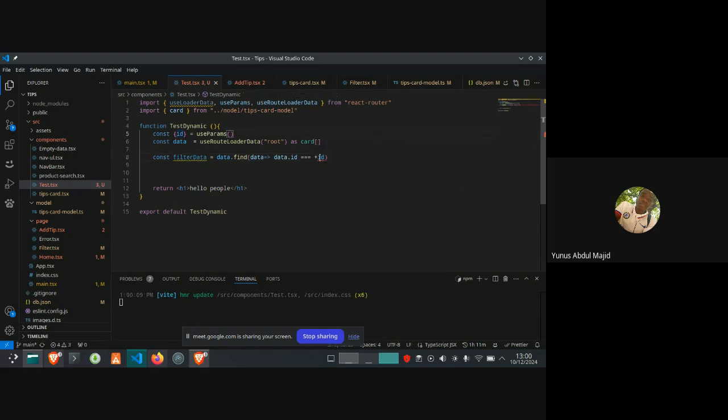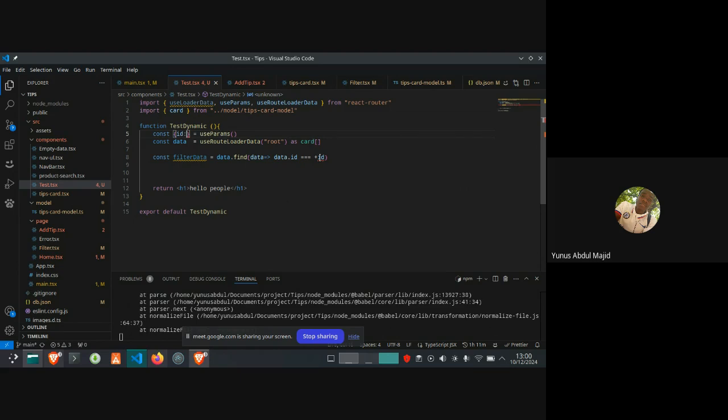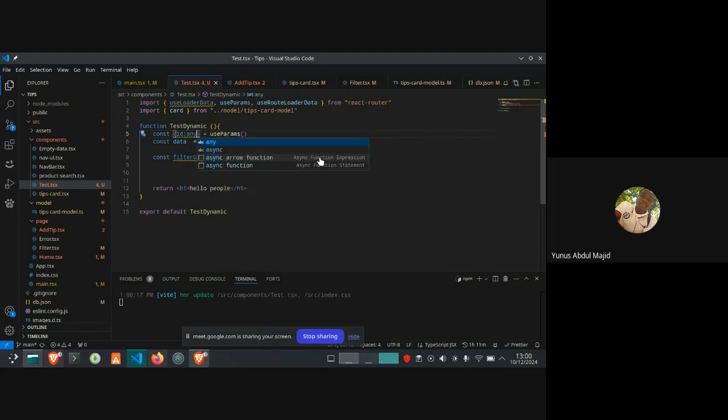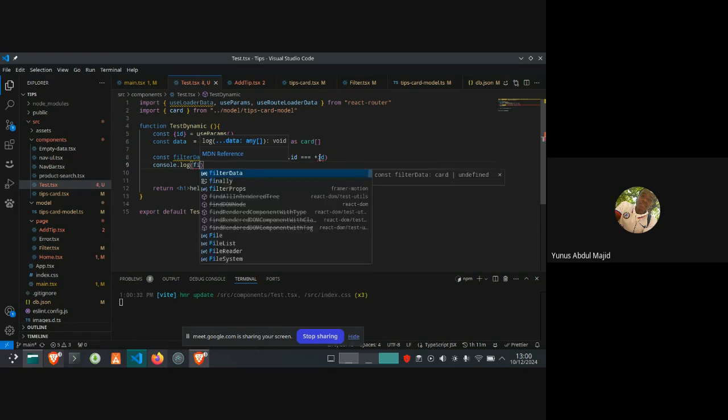So let me just set the type as any. Let's just ignore it for now. Let's take the return data, console.log filterData.